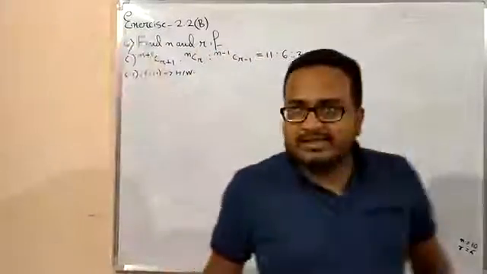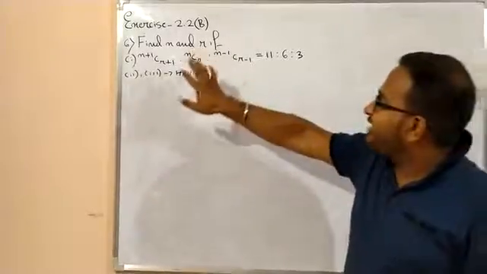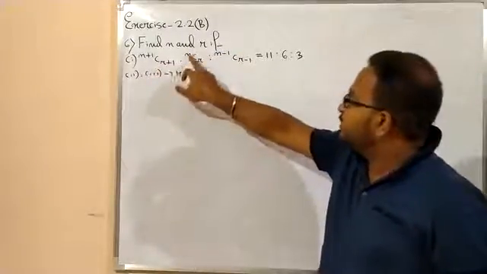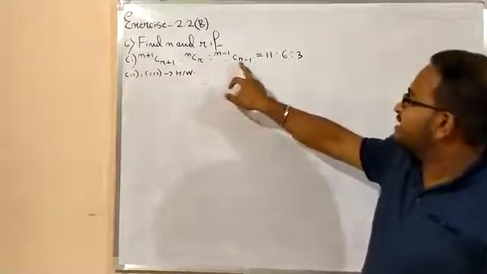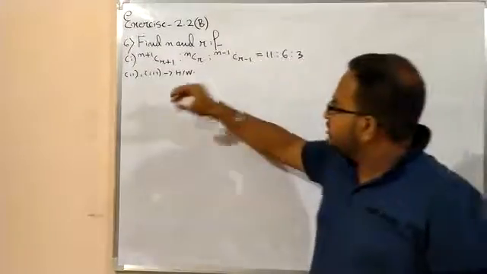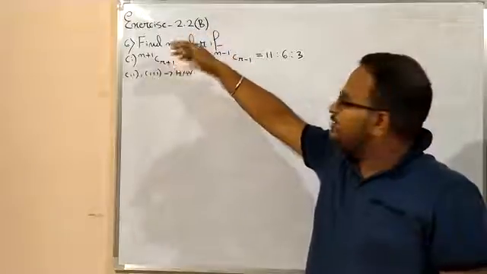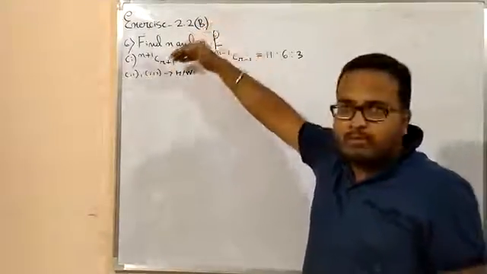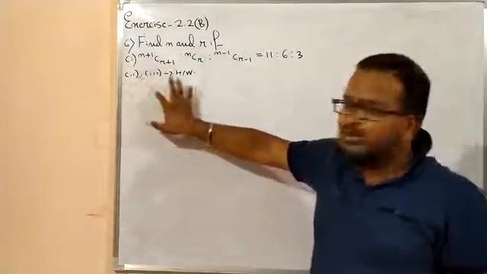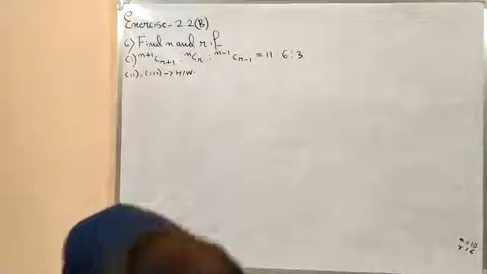So now let us solve the next problem, number 6. So this problem is like that. Find n and r if n plus 1 C r plus 1 is to n C r is to n minus 1 C r minus 1 equals 11 is to 6 is to 3. Okay. So problem number 2 and problem number 3 are same as problem number 1. If you know how to solve problem number 1, then you can easily do number 2 and number 3 also. So number 2 and number 3 are homework for you. Try to solve by your own. So let us see how to solve problem number 1.